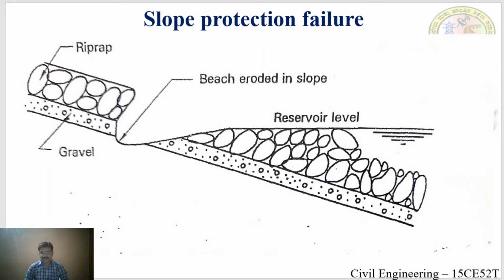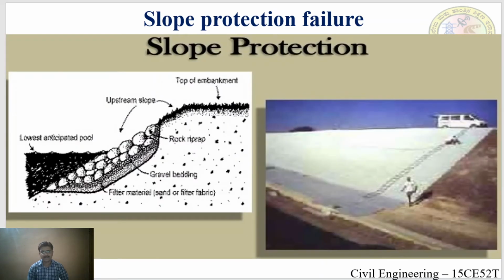Reservoir layer is there, and you will see more of the cross-sectional portion of the slope protection in the next slide. That is, here the upstream portion is there, the top embankment is there, and in the pictorial representation you will see the riprap layer which